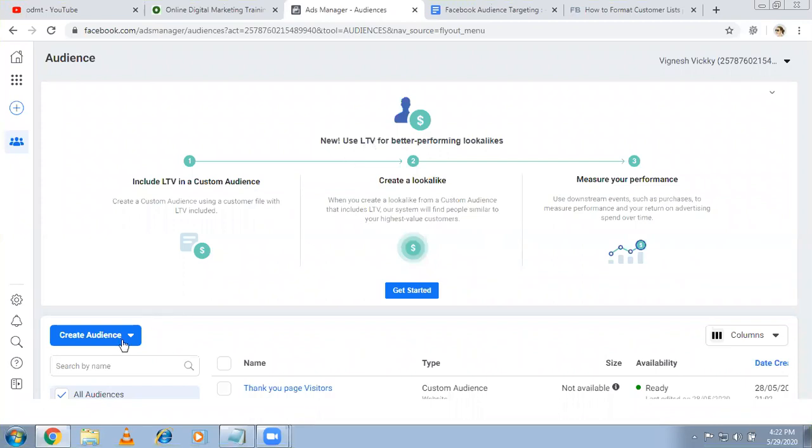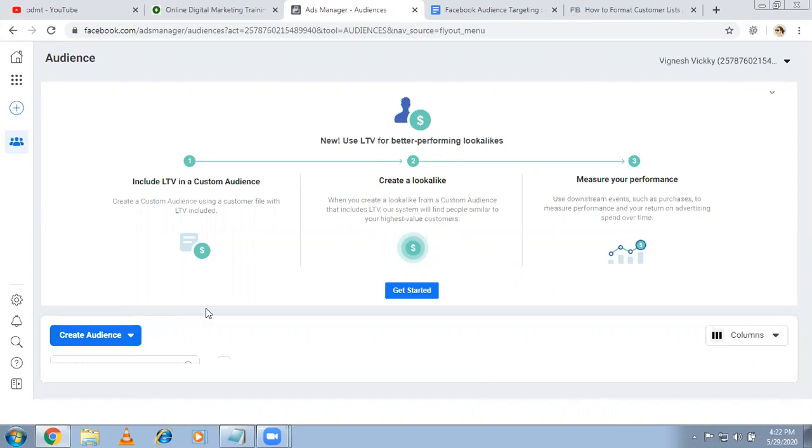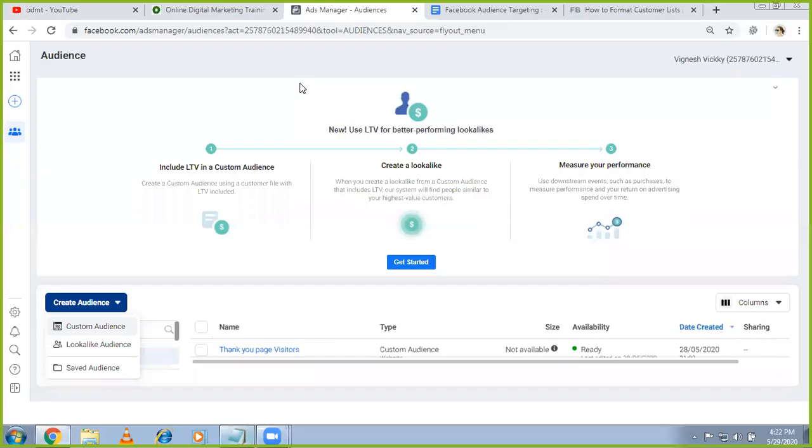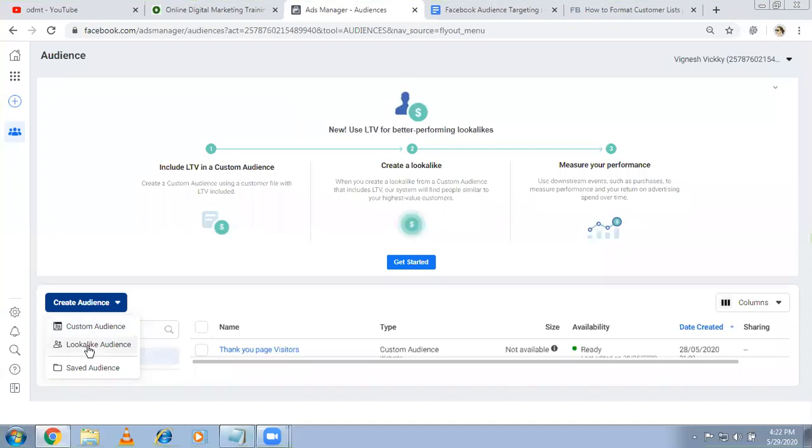So here, click on drop down. You will see option like custom audience, lookalike audience, and down one more option is there anyway. They're called a saved audience. Let me move down. You can see here custom audience, lookalike audience, saved audience.